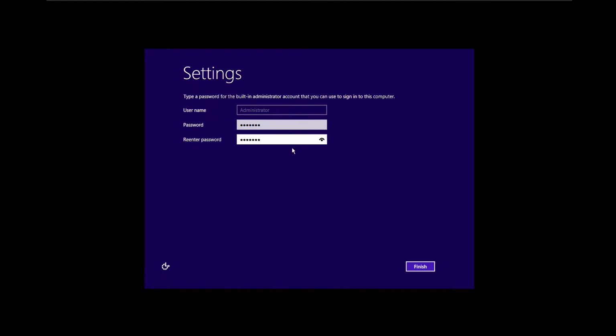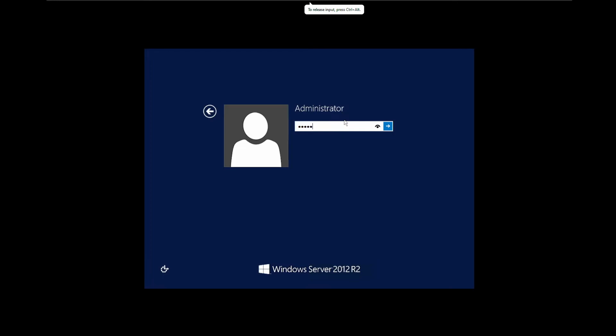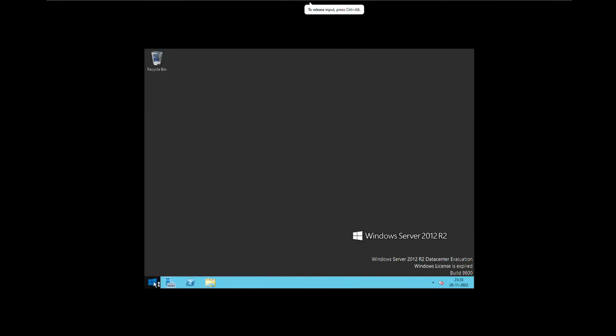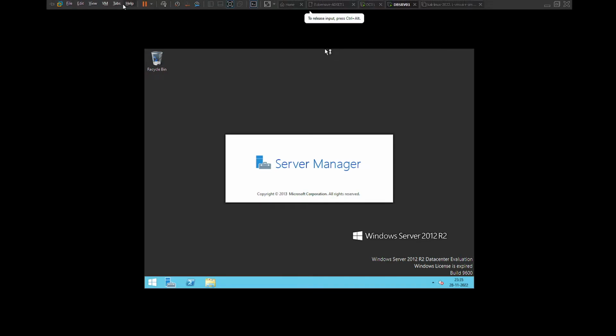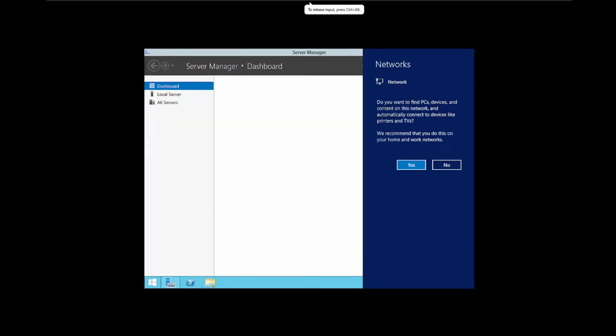It's not really recommended to use easy passwords if you are working in real world labs, of course, or real world machines. Rob at 123, Rob at 123, seems to be fine. As usual, I'll click on VM, install VMware tools, and it will